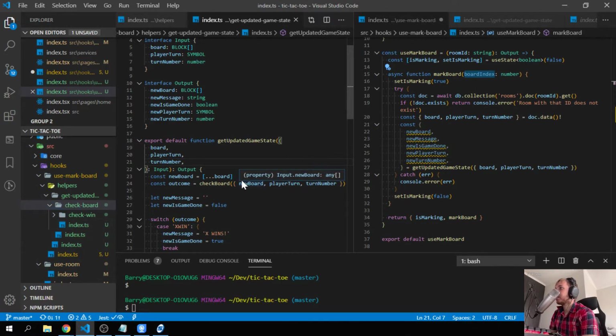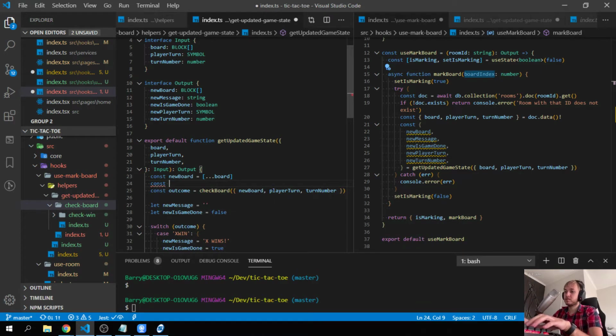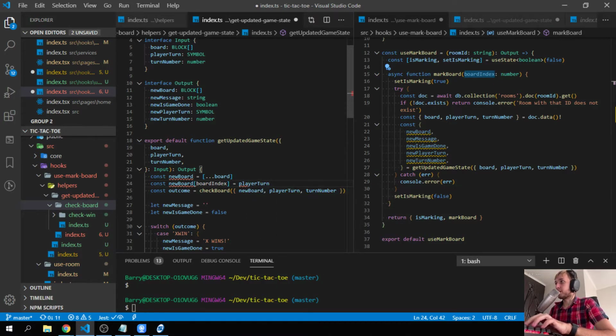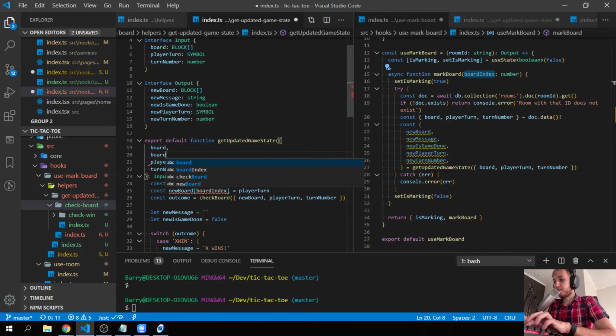Oh, yeah, it's got to be in here. So you've got to set the new board at index equals player turn, which we haven't got yet. Let's say it is equal to the player, or no. Like that. So that means we need to add in a board index value, which just means in our input,